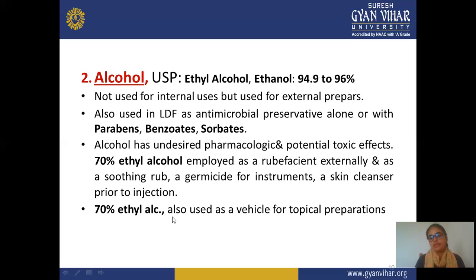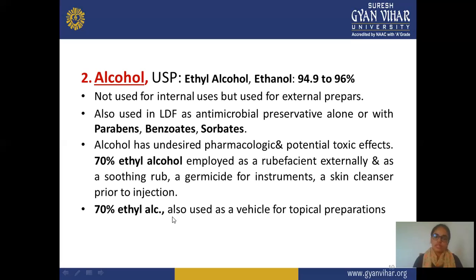In the previous slide you saw that syrup contains 66.7% sweetening agent, and similarly in alcohol the amount is very high. Mainly ethanol is present, at 94.9, approximately 95% to 96%. So a high concentration of alcohol is present in the formulation. This is not used for internal use, but for external preparation. This type of solution is very rarely used in oral formulation due to the high concentration of alcohol, but it is mainly used for external formulation, and also in low liquid dosage forms